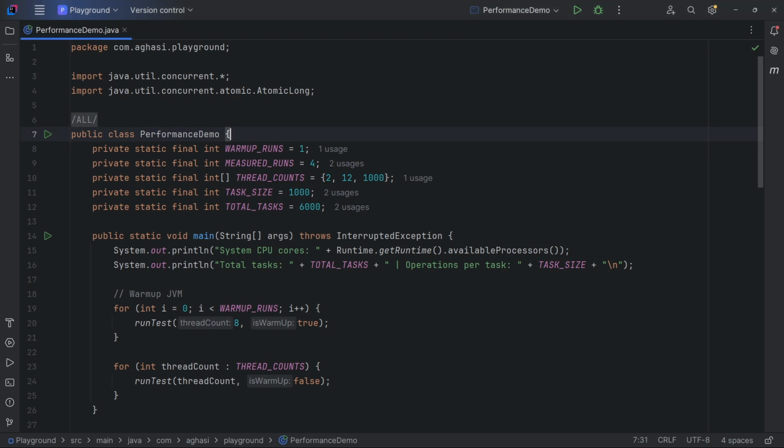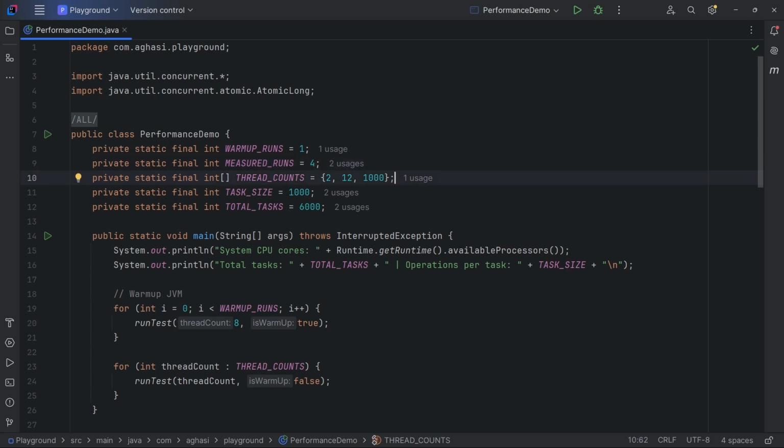In this Java program, we will run a mathematical processor-bound test with varying numbers of threads to measure how performance changes with different thread counts. Since the JVM performs optimizations when running the same code repeatedly, we first run the test without measuring performance to warm up the JVM. Then we run the test 4 times for each thread count and calculate the average runtime to ensure our results aren't affected by one-time side effects.